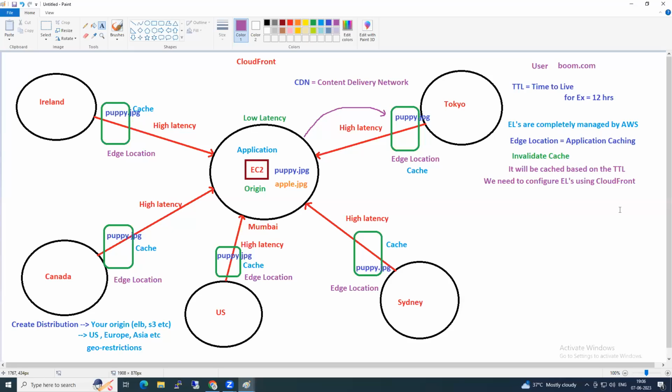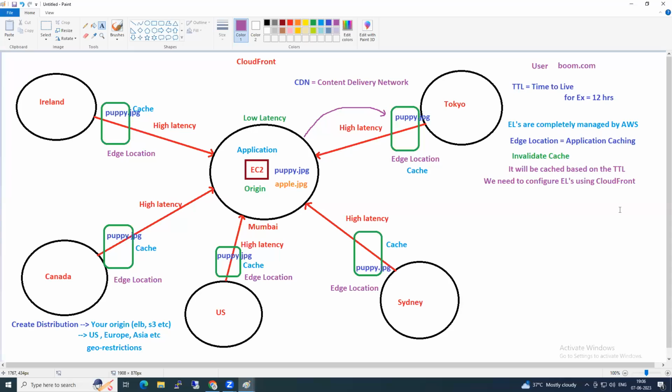CloudFront. So we have decided the service name is CloudFront. What is CloudFront? We'll see. CloudFront has edge locations. These edge locations are completely managed by AWS. Do we go and create edge locations? Do we log into edge locations?